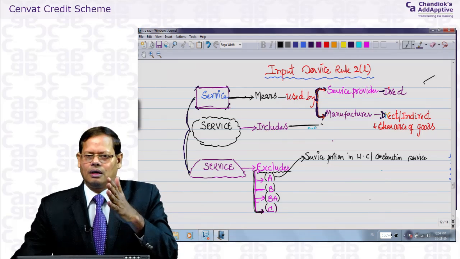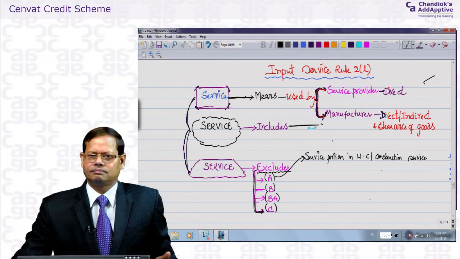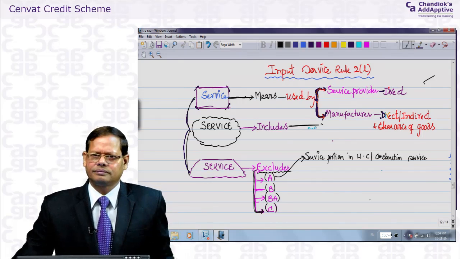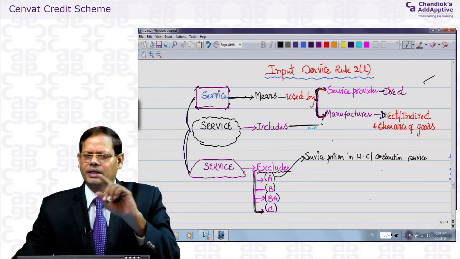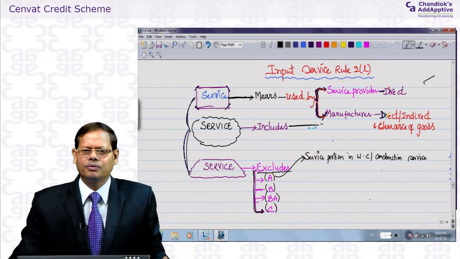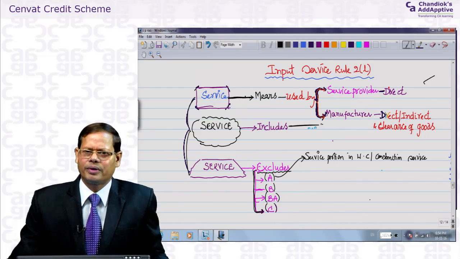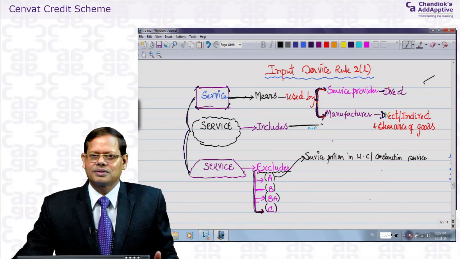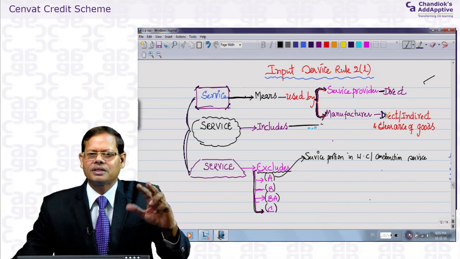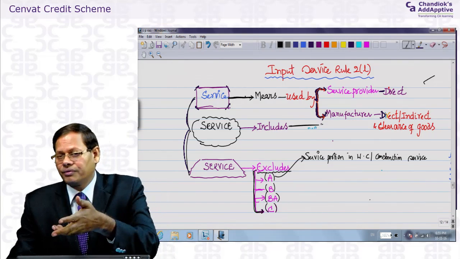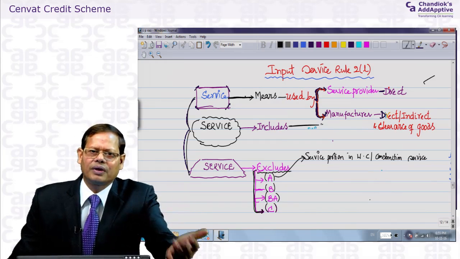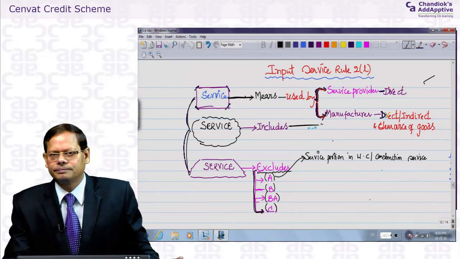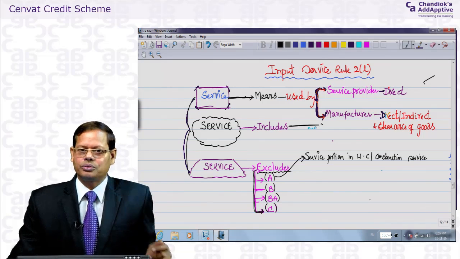And come to B and C. B is carrying goods, it is not carrying passengers. C, carrying of passengers, but only 3 types of services qualify for capital goods. Number 1, renting of vehicle. Your job is to rent, give on renting. Here this fellow is a cleaning service provider, he is not a renter, but he has rented it. Your service is to provide cleaning services, that is housekeeping services, and you have a vehicle and you have given it to somebody for renting. Your job is not a renting activity, your activity is cleaning services. So, that vehicle is not capital goods,